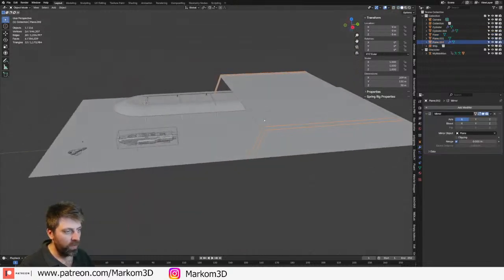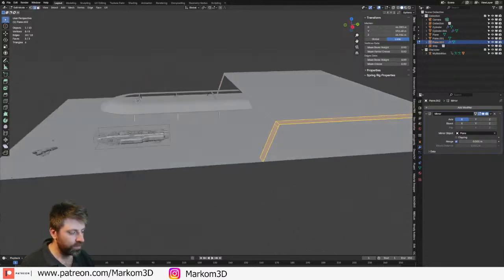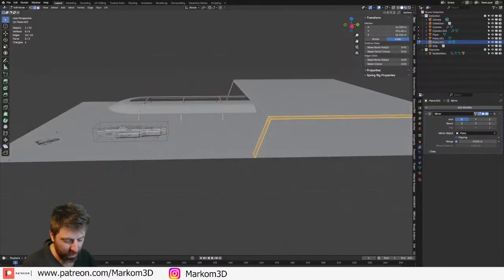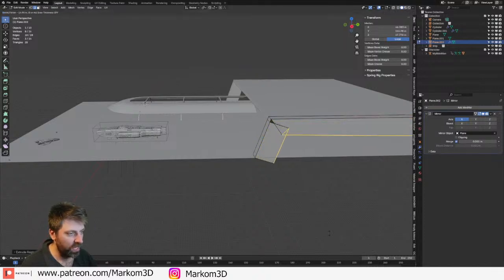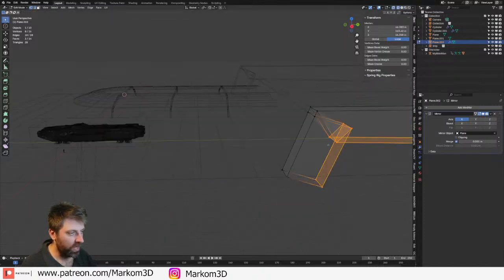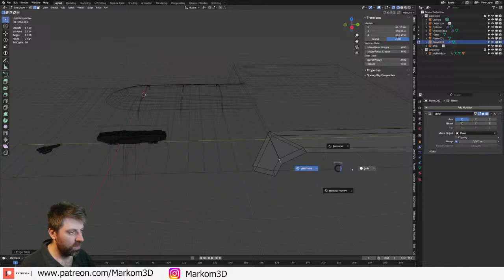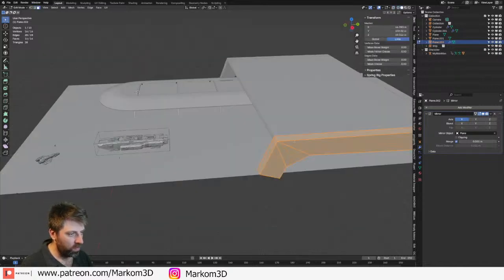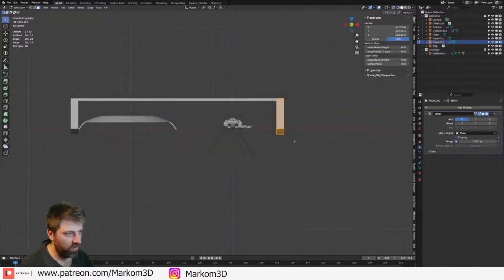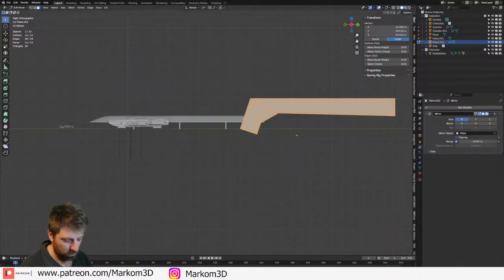So from here, we're going to make these kind of like some grand pillars. And so the way I was thinking about that, let's just E to extrude, Alt S, bring that in. We'll go GG. We could bring this forward now.